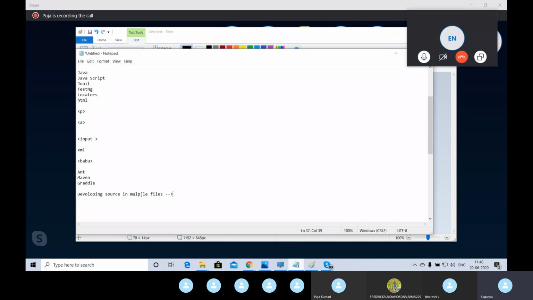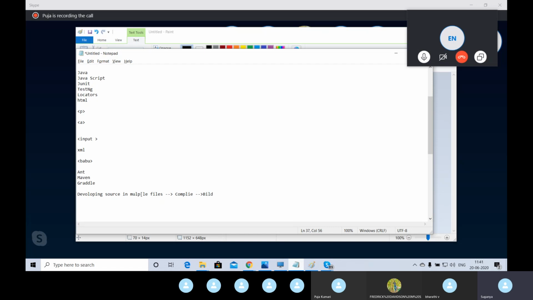Then they will compile. This is the second activity. This is the build life cycle, we can say, happening for each and every developer. Why are we seeing this? Because we are also developing the automation code, so we also want this build life cycle. Once we develop the code, we need to compile. Then once we compile, we need to build it.